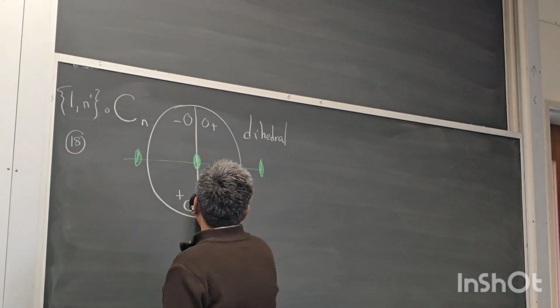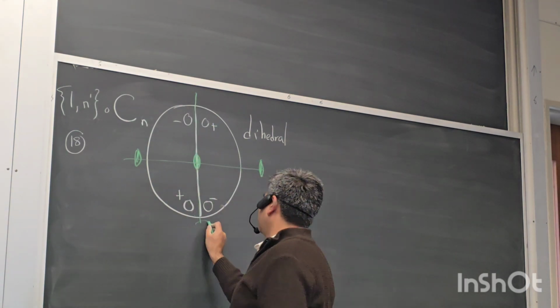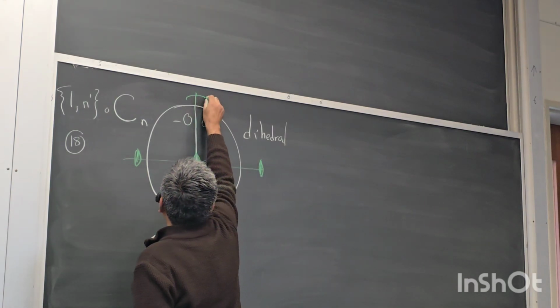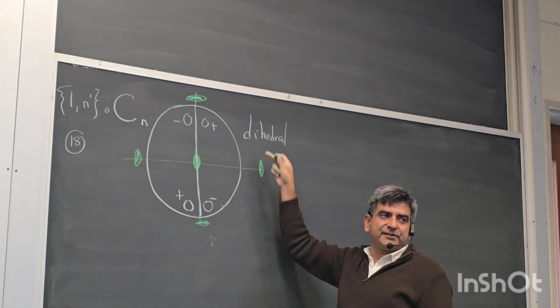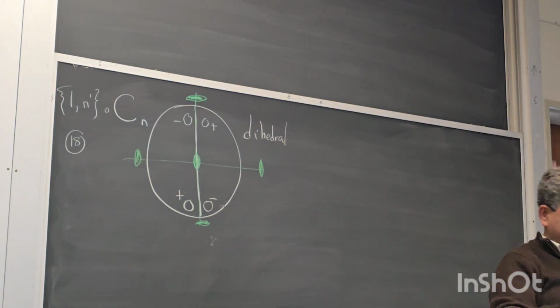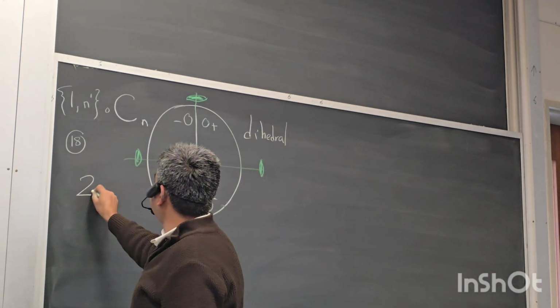This automatically becomes the third axis of rotation, of twofold. So just one dihedral axis has created another one. So now I have three mutually perpendicular twofold axes of rotation, and the symbol for this group will be 2